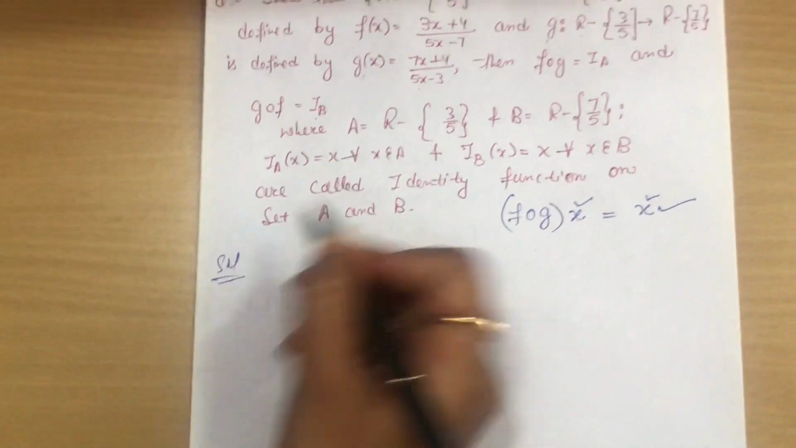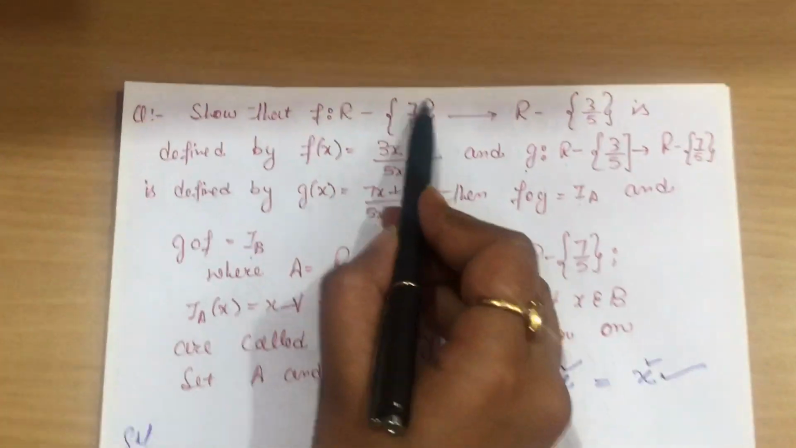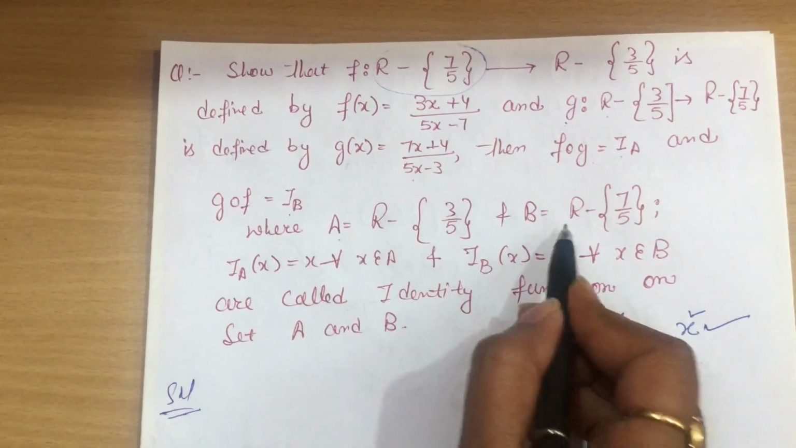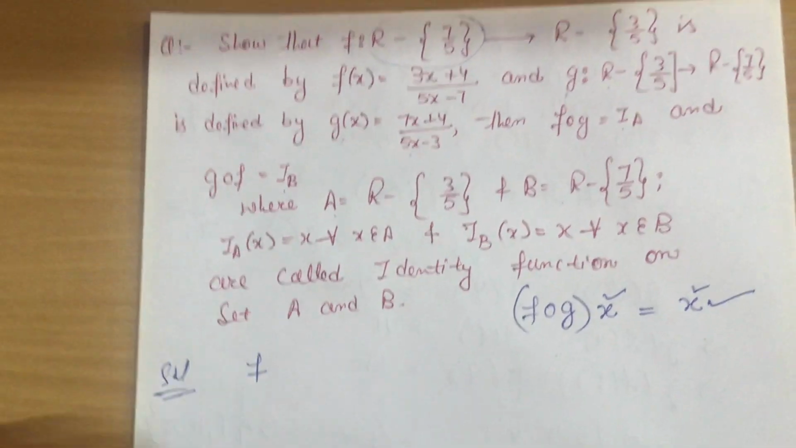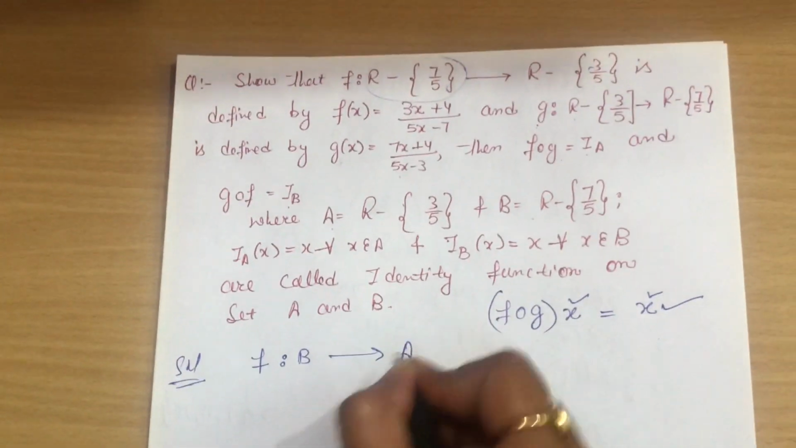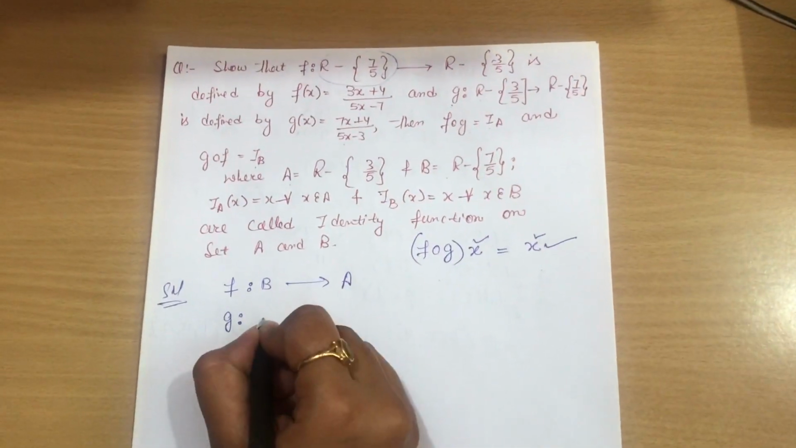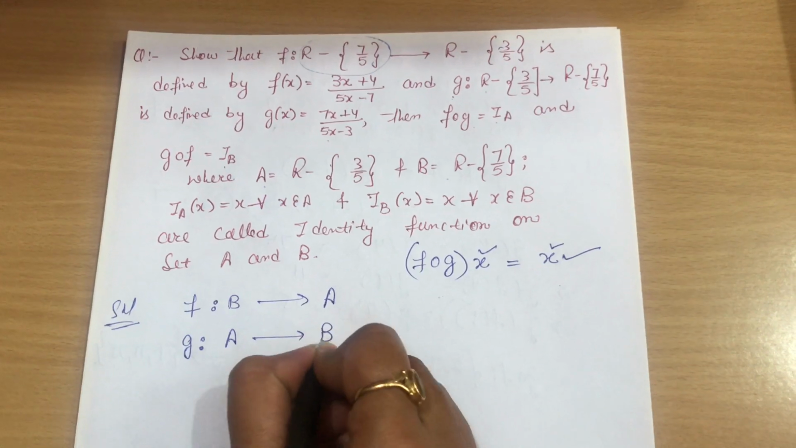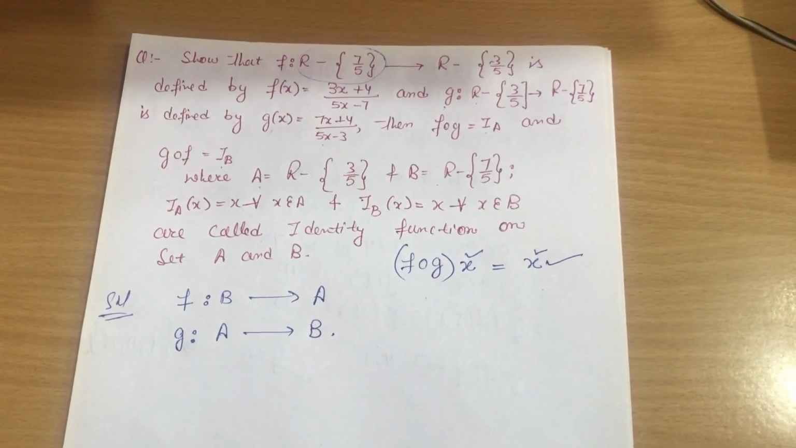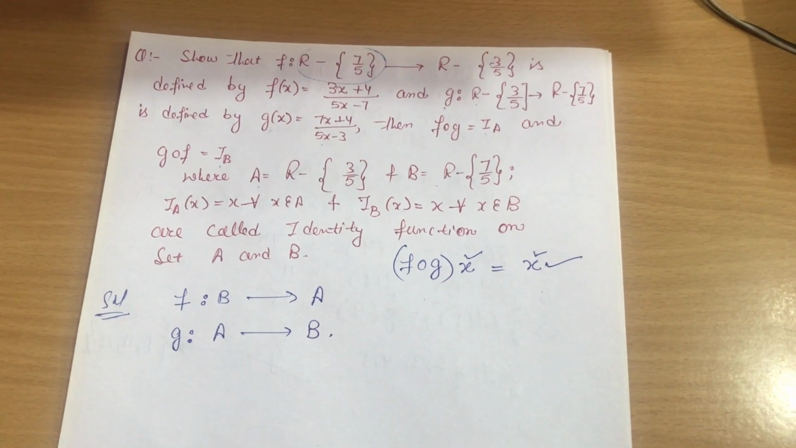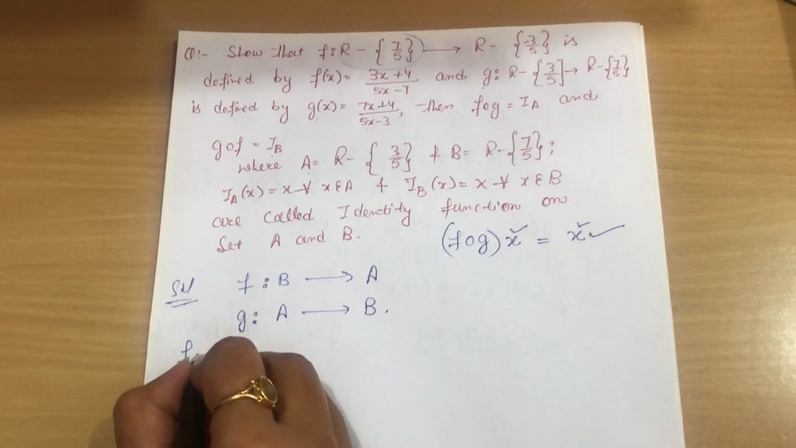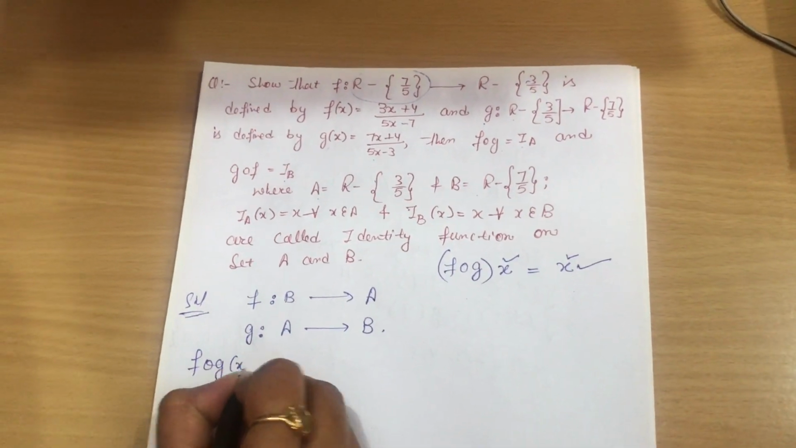You have a function f, clearly students, from this, and this R minus 7 upon 5 is equal to B. So clearly your function is from A to B, and you have a function g also from B to A. Okay students, you have to find fog and gof equal to the identity function. So let's start. First, if we find fog, fog of x,